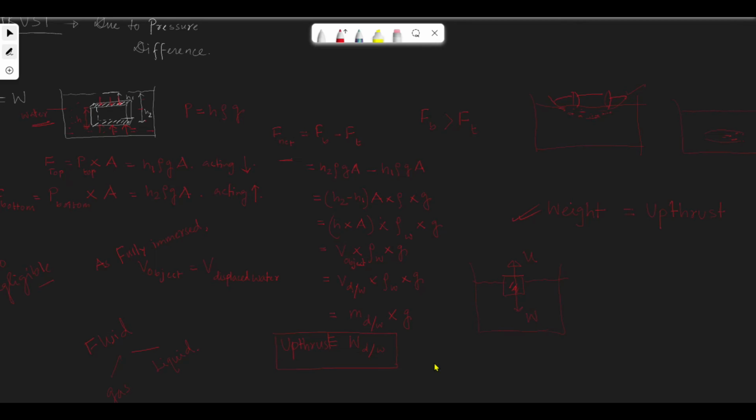it is flying through air. As we said, the density of air is much, much less than the density of any liquid concerned. So upthrust is negligible. So why do we consider the upthrust for this aircraft? Well, you see that there are rotor blades installed in the wings of the aircraft. These are used to